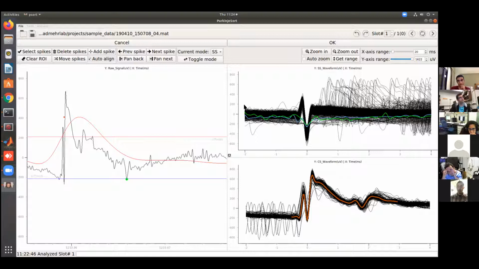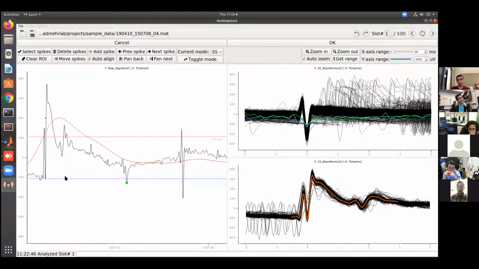So if you want to avoid clicking zoom in every time that you change your selection, you just click auto zoom, and it will always lock this zoom window to where the selection is. So now if I click next spike, we'll go with our selection. We are auto zooming basically. If you don't want this, if you want to stay here, you can just uncheck this and it will not go with the selection. But each time you want to change the zoom window, you have to zoom in, out,